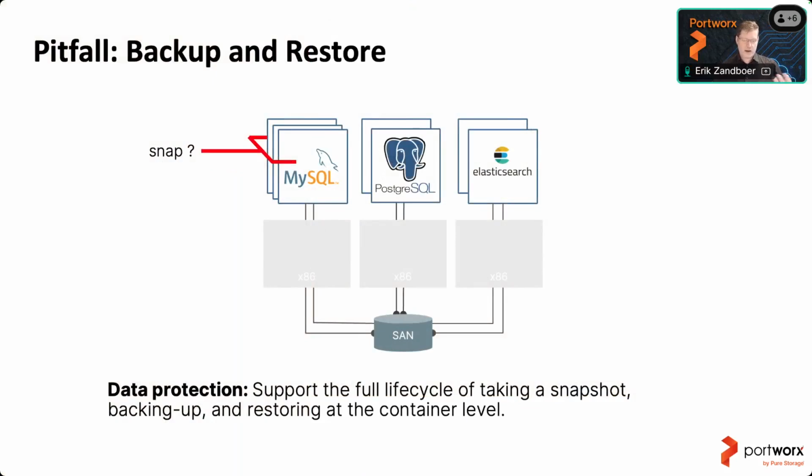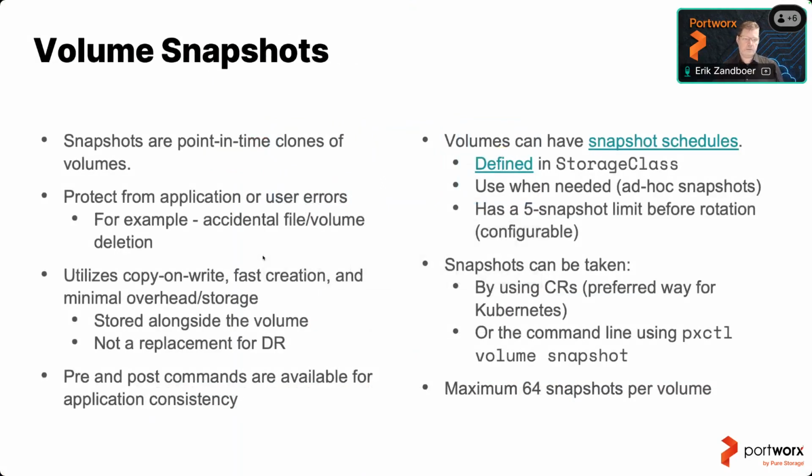So this is where Portworx can help as well. First of all, we have volume snapshots. That's just a snapshot that is a point-in-time clone of a volume. We are using copy on write, which means creation of a snapshot is instantaneous and it won't take up any storage until you start doing more writes, of course, because now we have to maintain two points in time that are current. So yes, the data will start growing, but initially it's fast creation and there's minimum overhead.